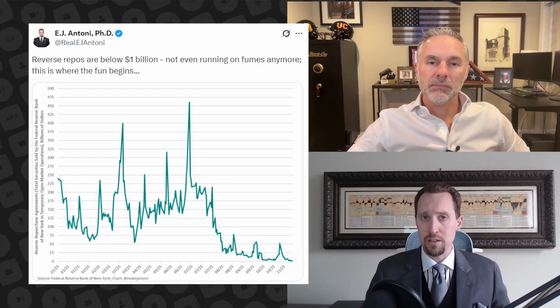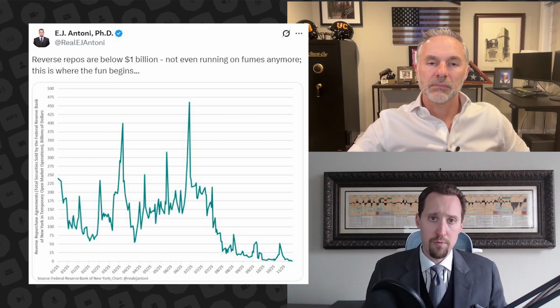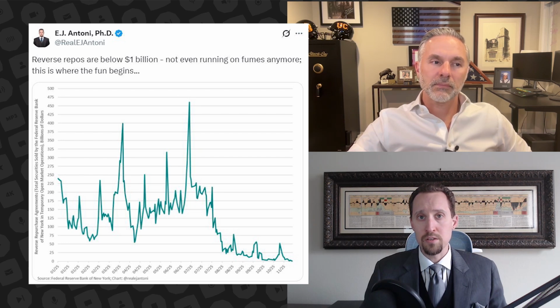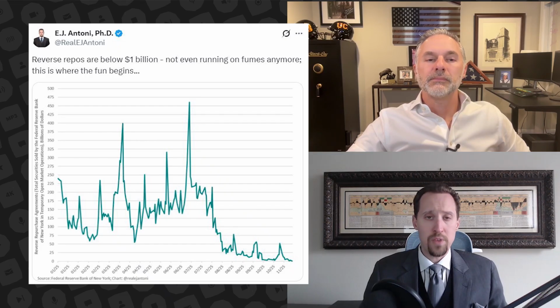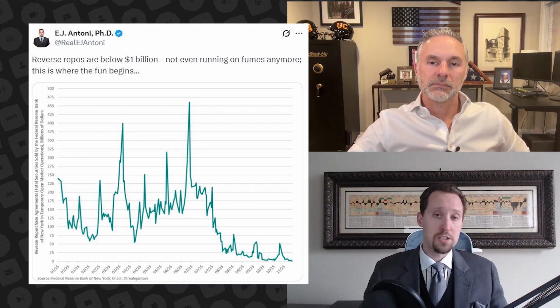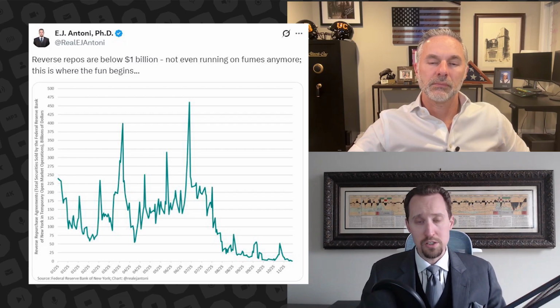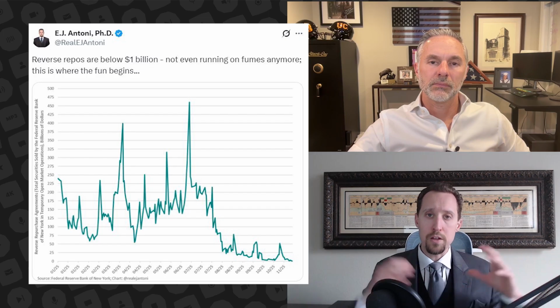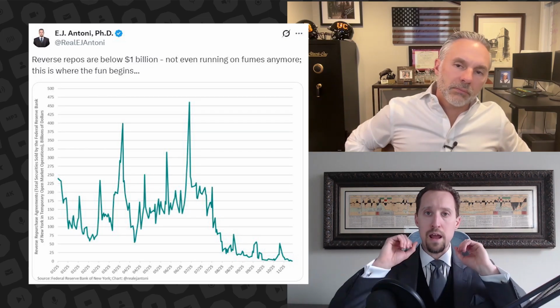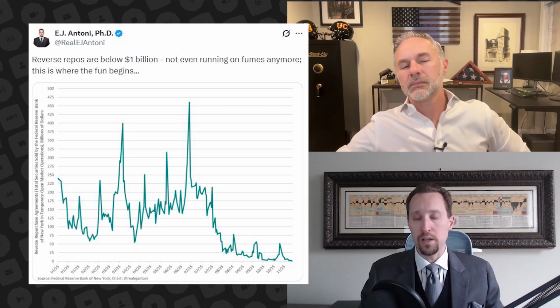What I'm getting at here, Anthony, is the same conditions that have been bringing reverse repos down still exist. And so that means the Fed no longer needs to soak up liquidity. Pretty soon they're going to need to start injecting liquidity. A lot of people have thought, okay, this is going to be catastrophic. A bomb goes off or something when reverse repos hit zero. No, not at all. It just means we're going to switch from the Fed trying to soak up liquidity to the Fed having to inject liquidity.